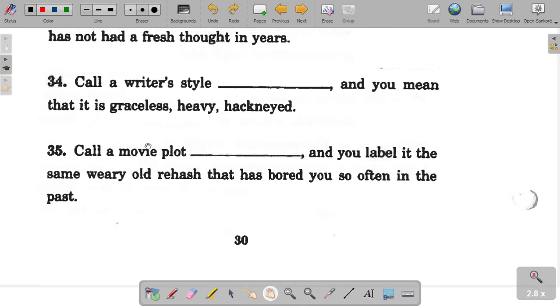So, can you think of any movie that you've seen recently that you would describe as being very pedestrian? In other words, not original, something that has been done many times before? No? Okay, that's good. Maybe you watch good movies then. So there's a lot of movies that just kind of reuse plots of other movies and they just slap a new title on it and call it a day. So that would be a pedestrian type of movie.